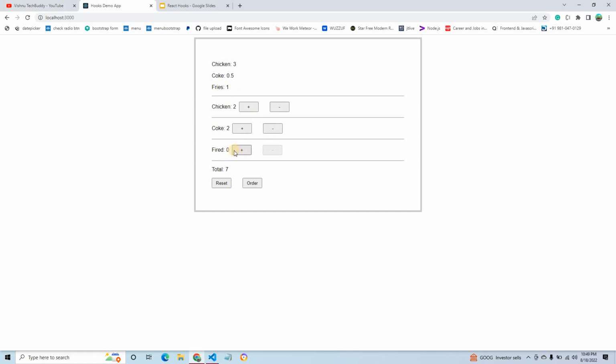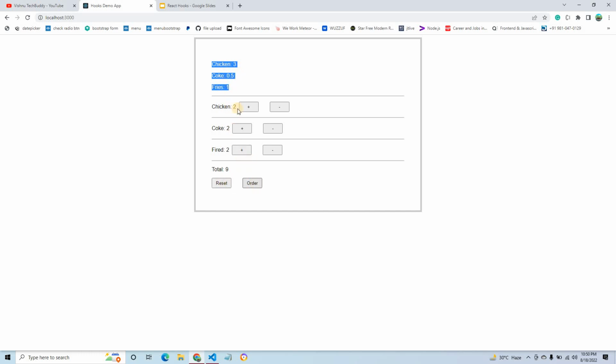And we can also add fries, where one piece is one rupee, so we can make those changes. If we want to manage this state using useState or any other objects, it is very complex. By using the useReducer hook we can easily maintain these states.